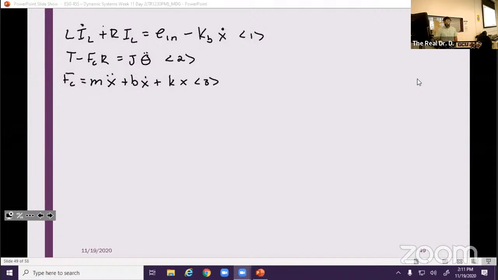And what I'm telling you is that I want to combine these before I take the Laplace transform, which isn't hard to do in this one, right? Because it'd just be solving one of them for FC and putting it in the other. And really all we want to do is get rid of this theta and theta double dot, right? So how would we do that? So if we combine 2 and 3,